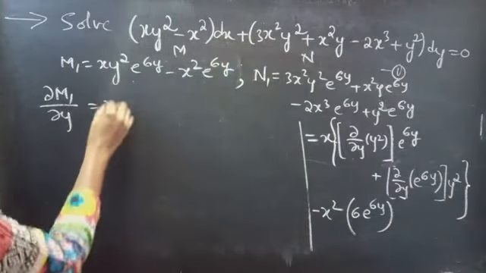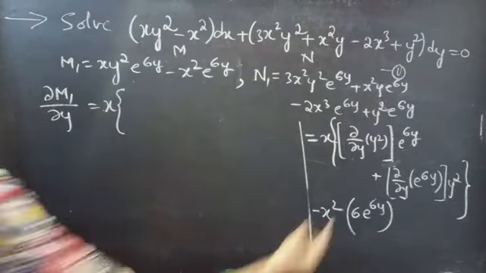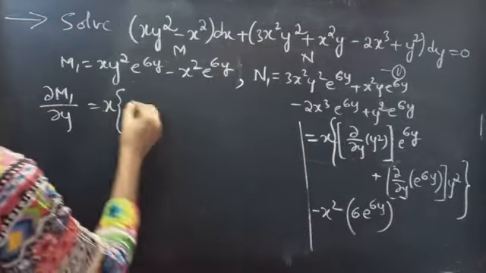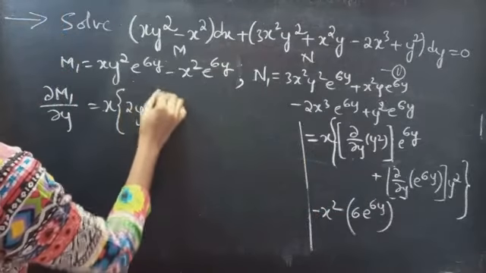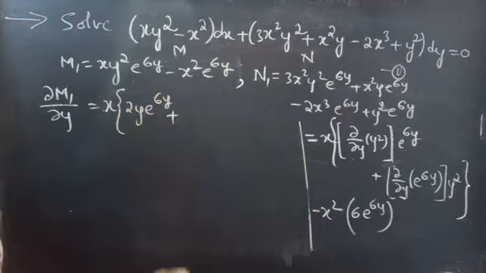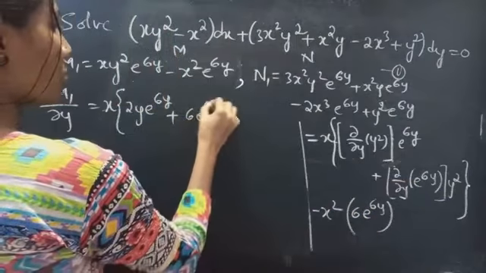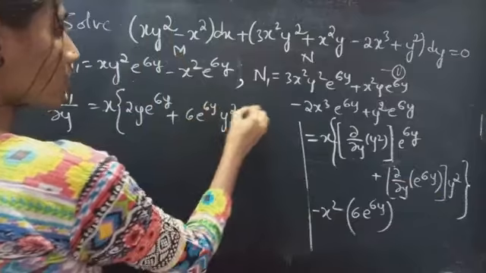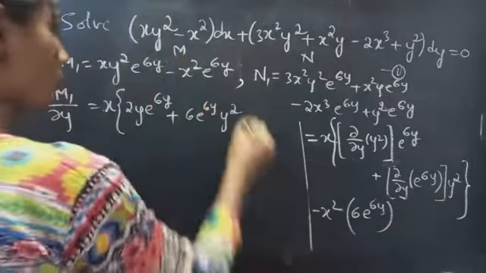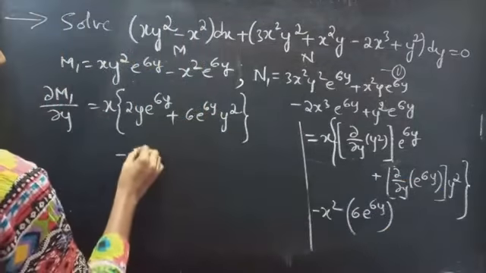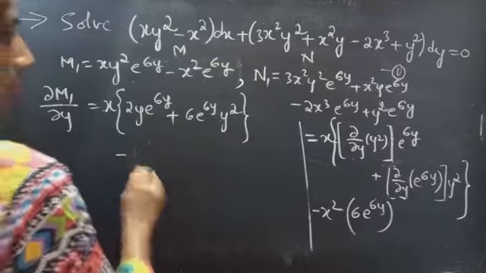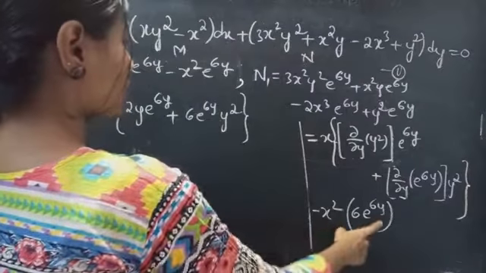Which is equal to x times the partial derivative of y square with respect to y, which is 2y, into e power 6y, plus the partial derivative of e power 6y, which is 6 into e power 6y, into y square, minus 6 x square e power 6y,